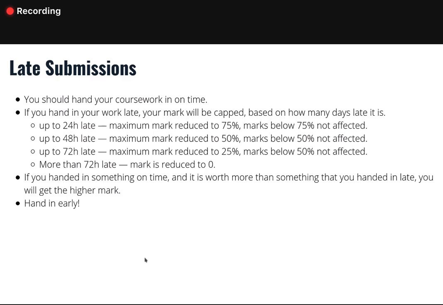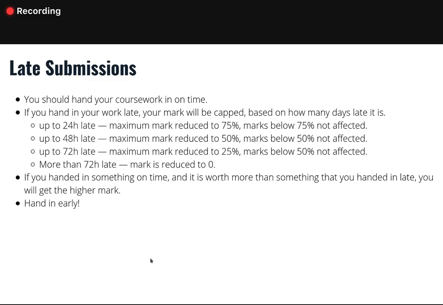In general, you can submit multiple times to assignments for the most part, and if you do submit multiple times to an assignment, then we'll make sure that you get the higher mark with some conditions. The submission system that we're using this semester does not do this automatically. So you will get to choose which submission it is that your mark is taken from, and that's the one that we will use.